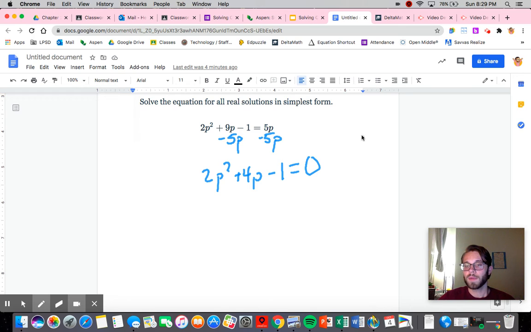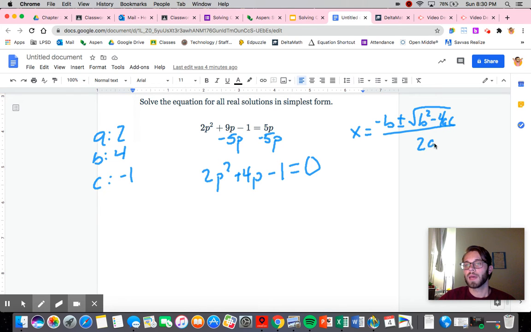Now, to solve this, as I said, we're going to use the quadratic formula. The first thing we need to make sure we're aware of is that a is 2, b is 4, and c is negative 1. And to reiterate, it is x is equal to, or in this case p, but in general x is equal to negative b plus or minus the square root of b squared minus 4ac,